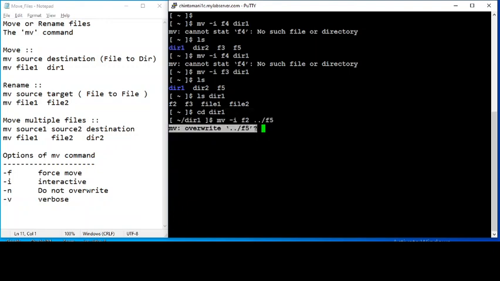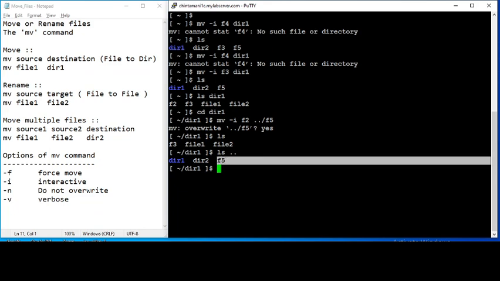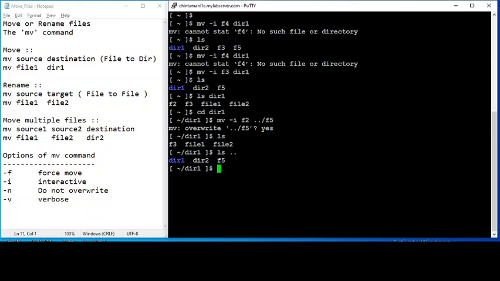So it is asking you because -i is added. -i means interactive, which means it will ask if we want to overwrite. If I say yes, it will be overwritten. If I say no, it will not be overwritten. So I'll say yes here. So it's got overwritten. If you see here, F2 is gone from here. But if you try ls .., which means listing of previous directory, then F5 is now here. So that's how mv works with the -i option.